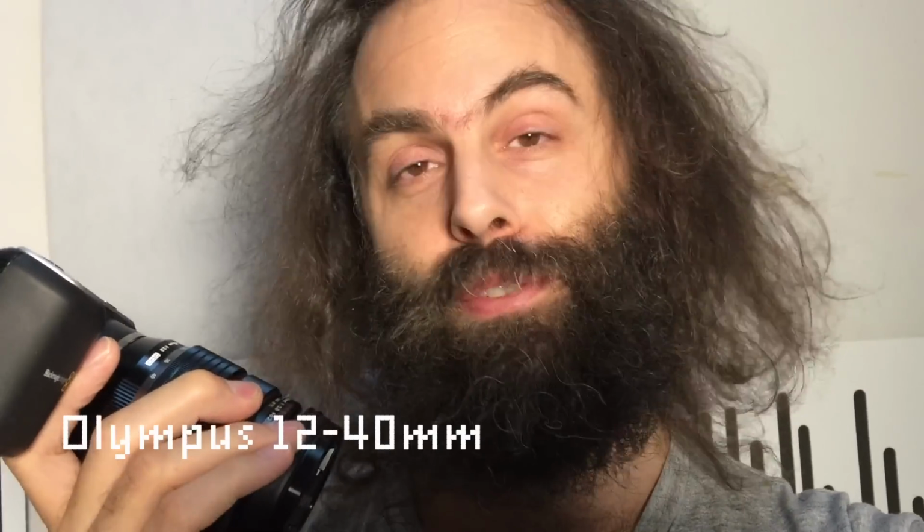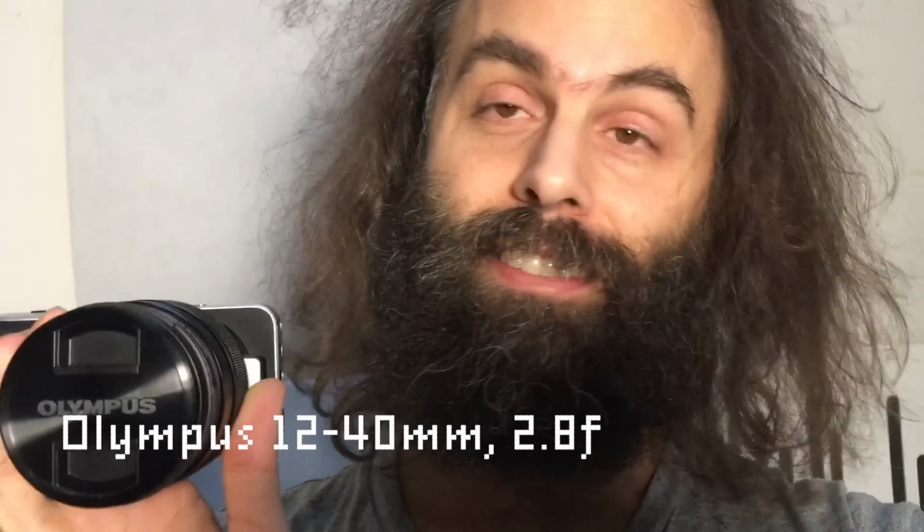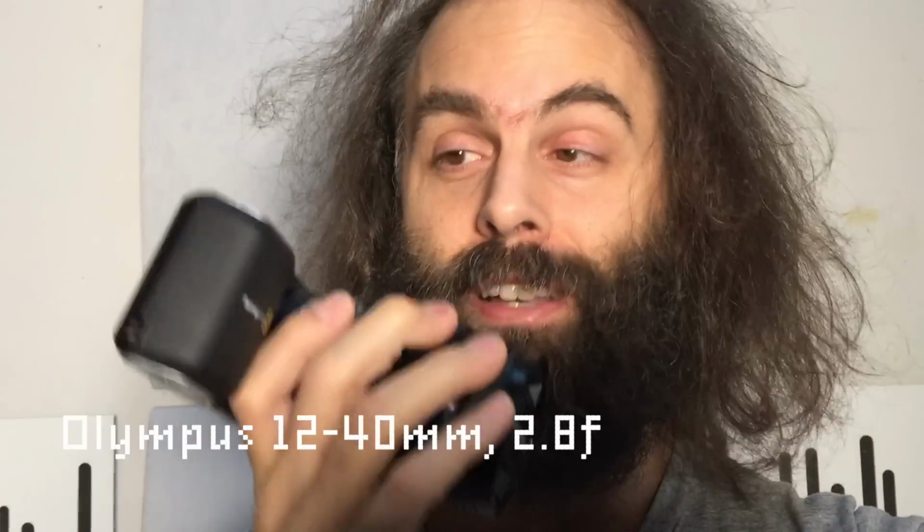And my main lens was a 12mm SLR Magic. It was stolen a month ago. So I got this lens now just a few days ago, which is an Olympus zoom lens, 12 to 40mm. It's a micro four thirds camera. I like this camera. I shoot a lot with this camera, and there is one huge issue with this camera,